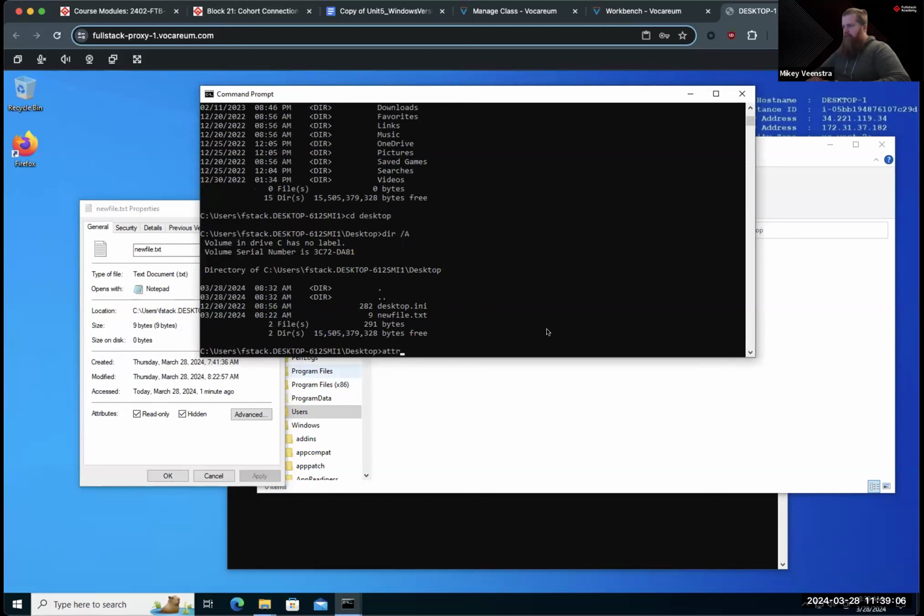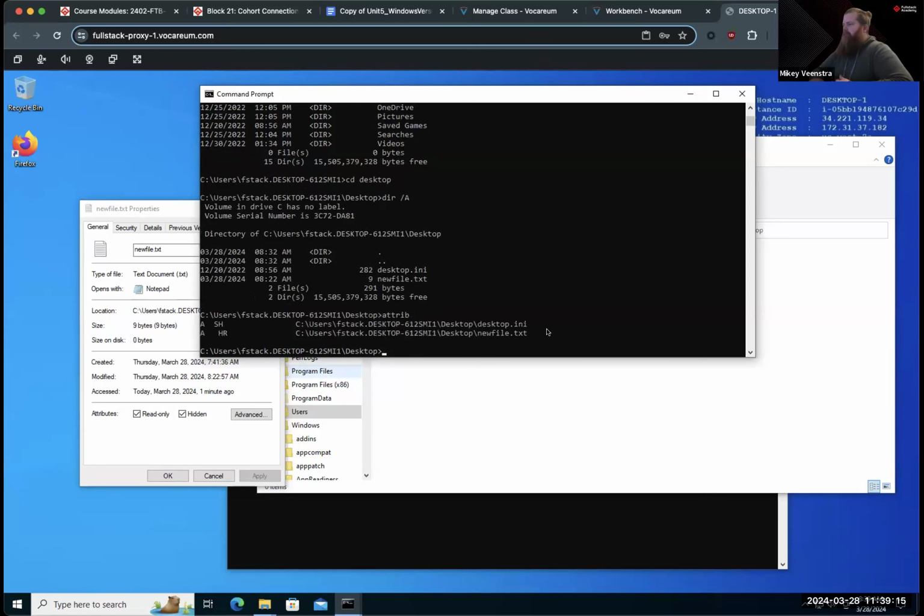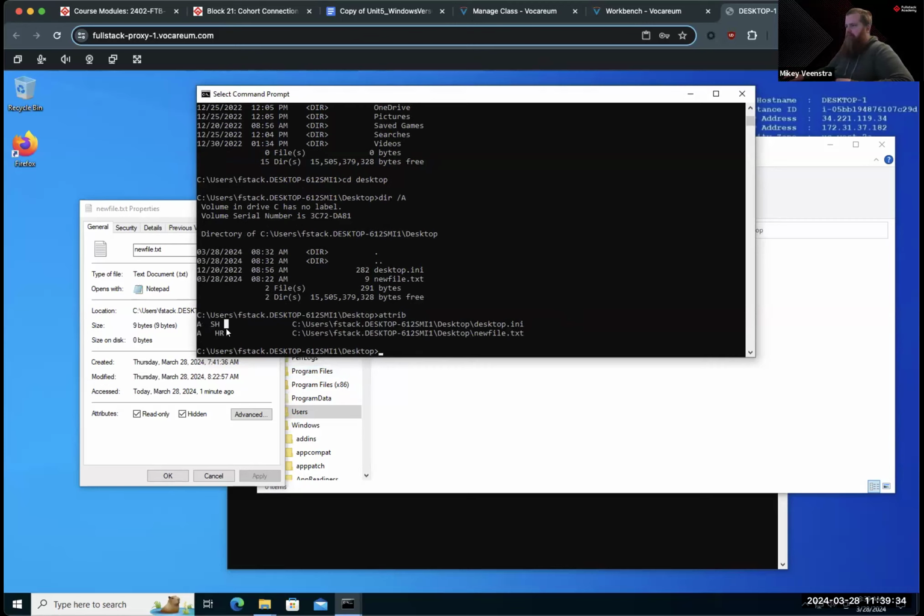Command I want to show is attrib, short for attributes. You can just run it by itself if you want, and it'll show you the attributes of the files in your current directory. Now it shows those with these single letter signifiers. And if we're curious what those mean, remember we have our /?. So attrib, attrib /?,